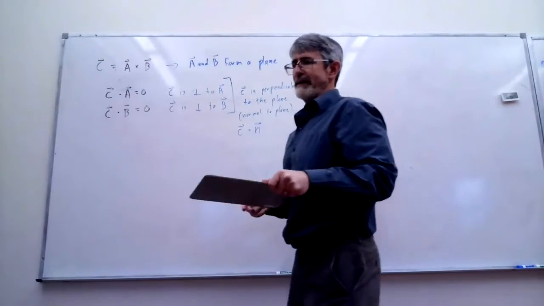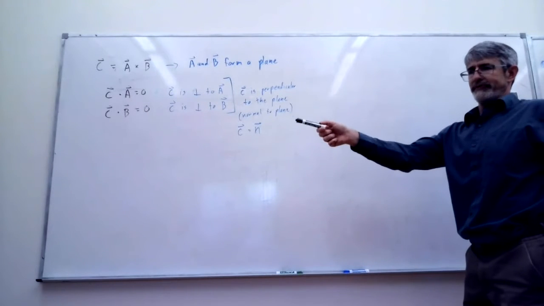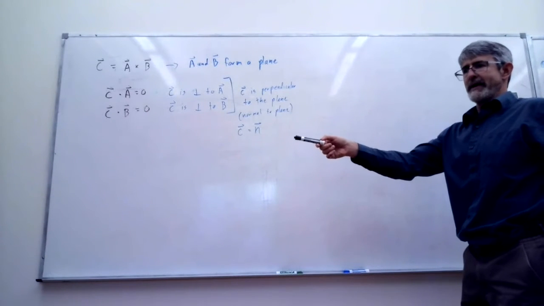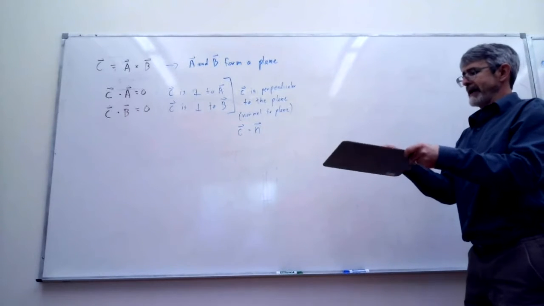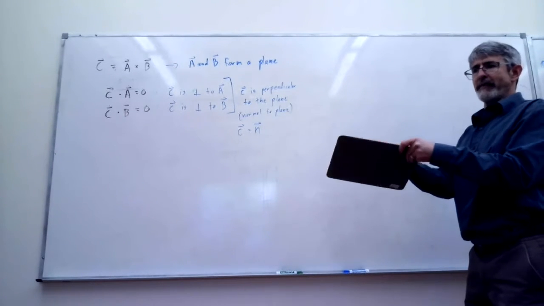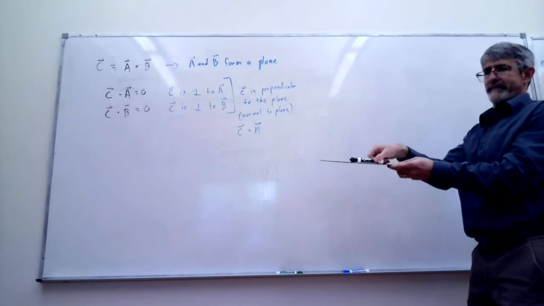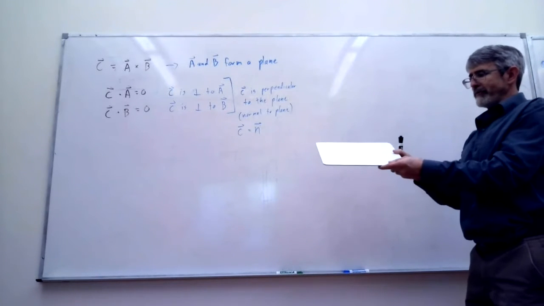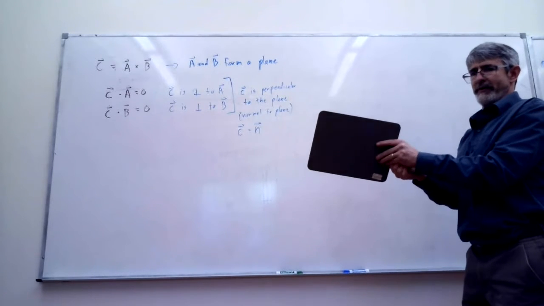Okay, it's a little mini whiteboard, all right? If I have one vector, it's along a line. Okay? And if I look at that, I could have a plane that contains that line, but there are an infinite number of planes that contain that line. Okay, now they all are, if they contain that line, rotations of one another along that